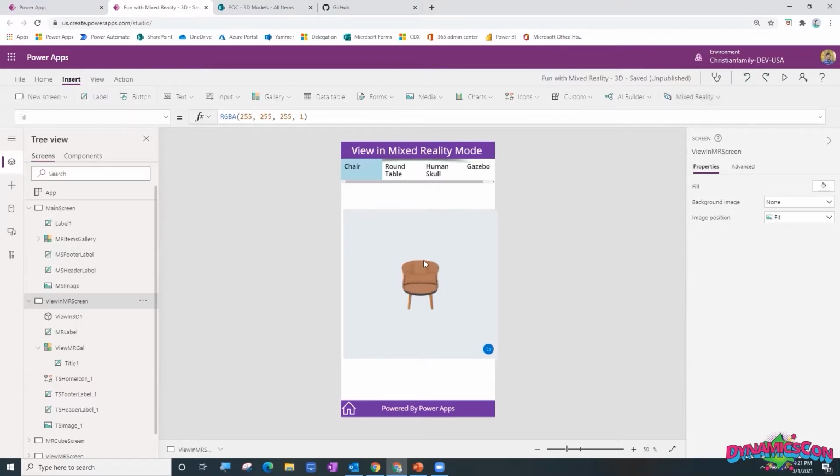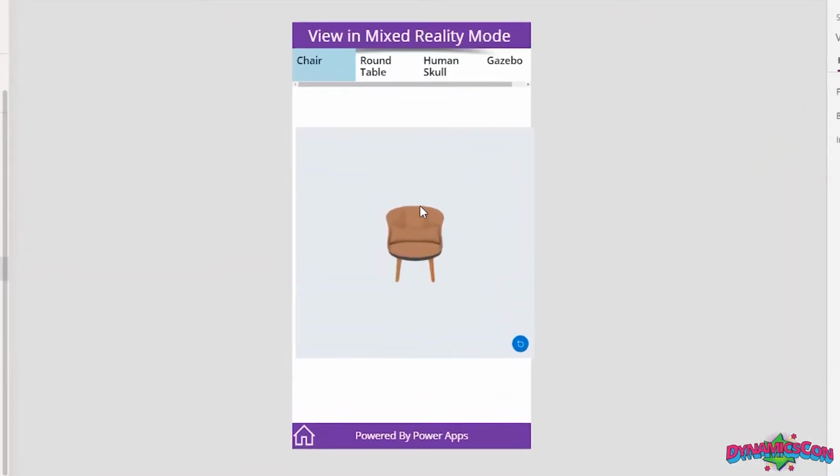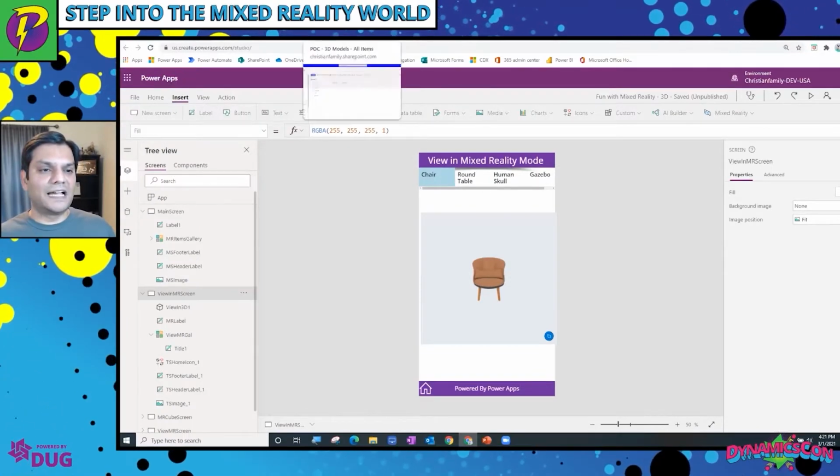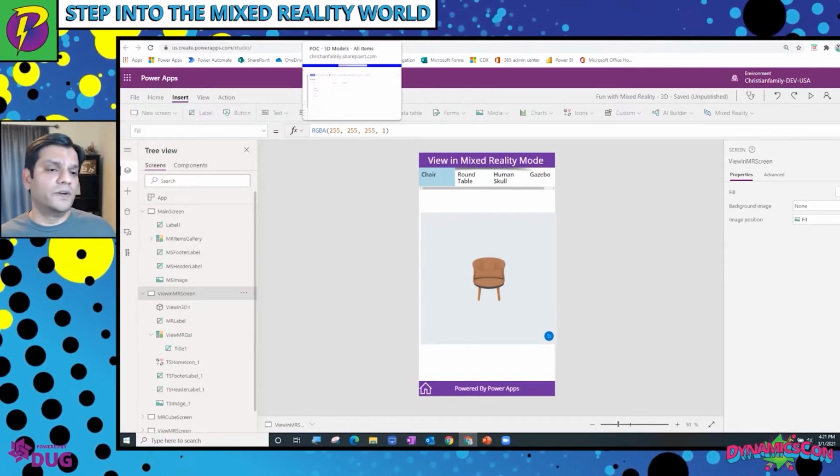Now, what I've done to make the app is not the importance of this example, but I'll explain to you how I've made it, because it's pretty simple. It's pretty straightforward. So what I did for this example over here is I've actually gotten all my data from GitHub. But like I explained in the slide deck, I could have pulled this from SharePoint. I could have pulled this from OneDrive as well.